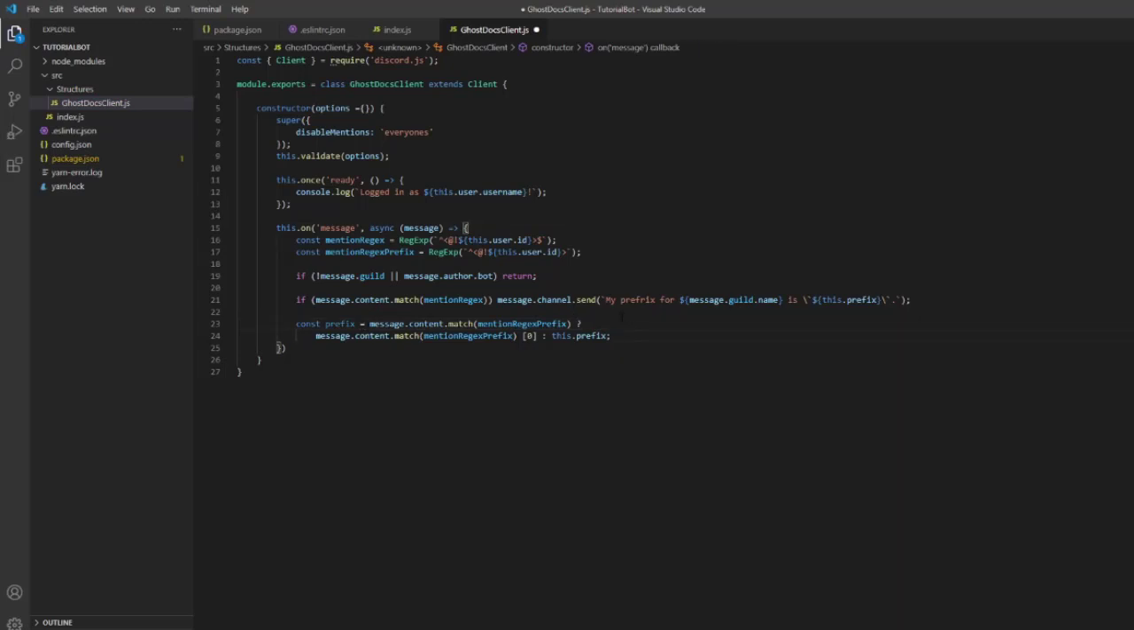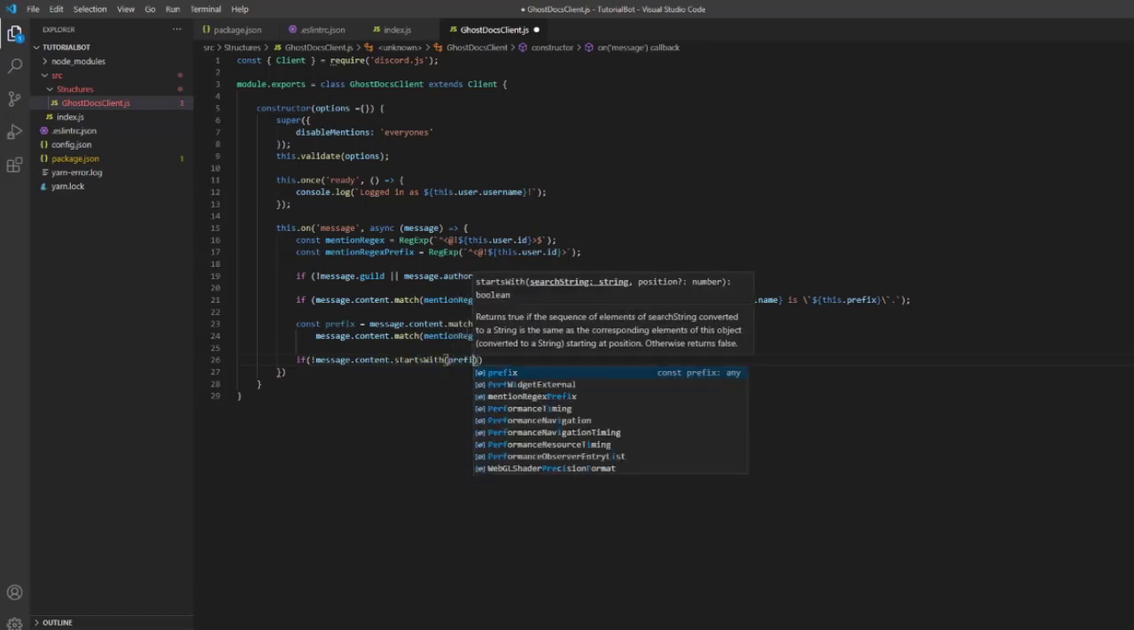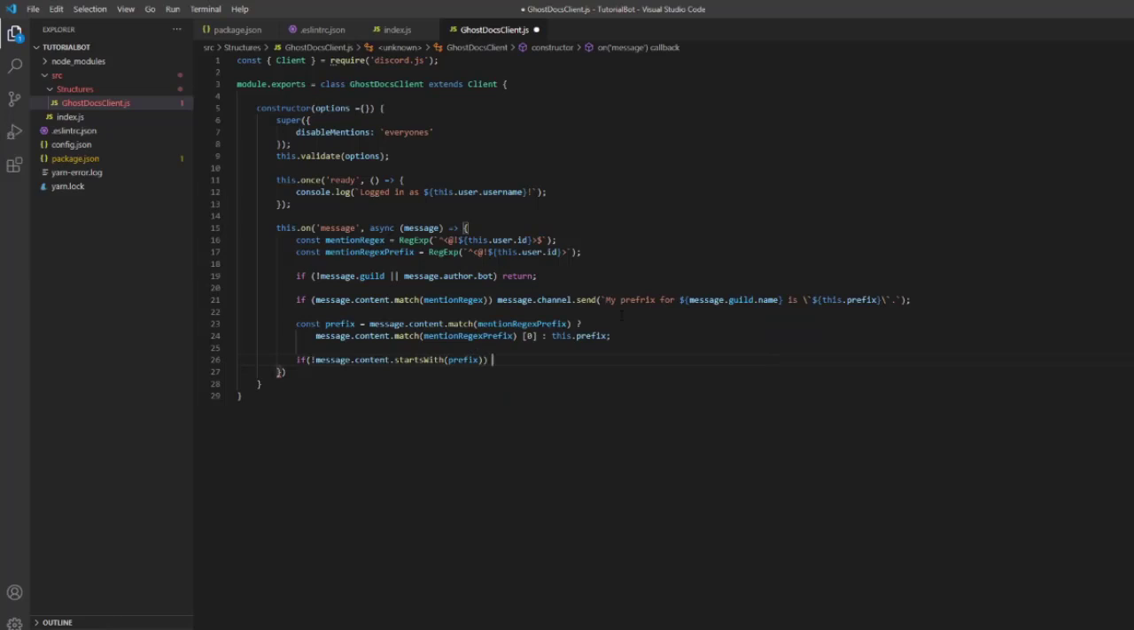Then we're going to come down and do if message.content.startsWith(prefix) return. For this line I'm not going to disable our ESLint right now, but I'll do it after. We're going to do const command